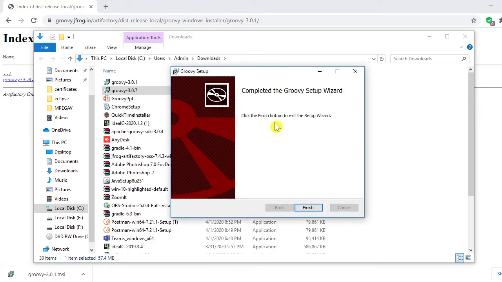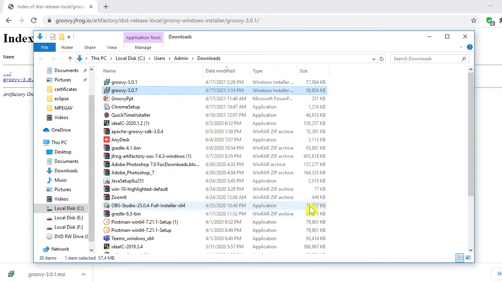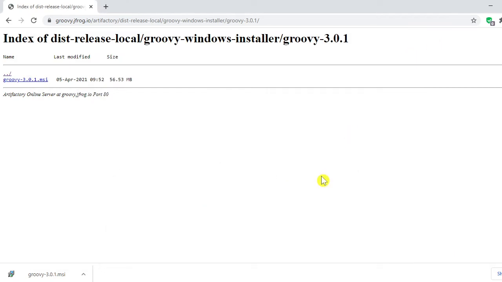Now Groovy has been installed on your system. Click the finish button to complete the installation process. Now that Groovy has been installed in our system, to verify if it is installed or not, go ahead and check the version of Groovy from the terminal.